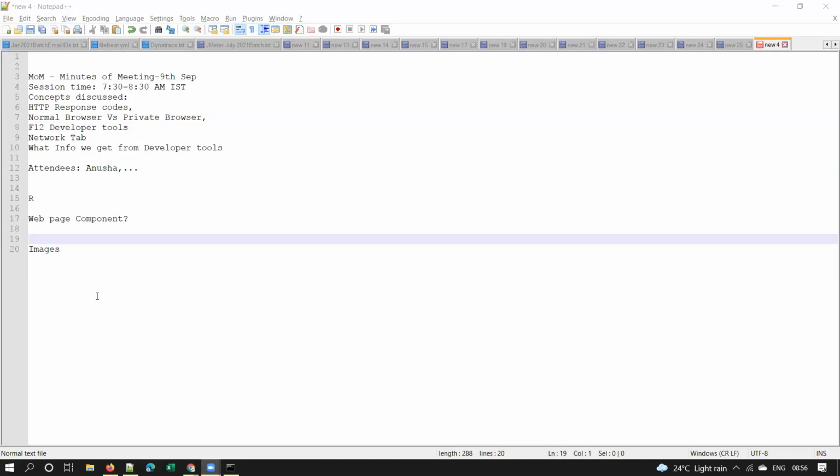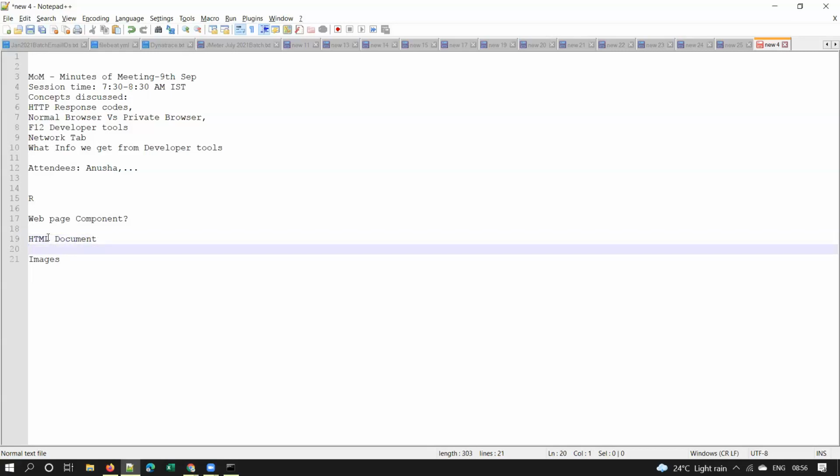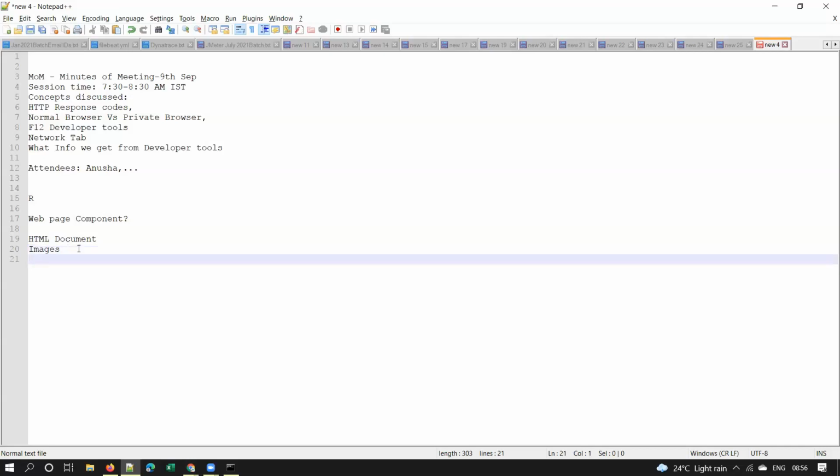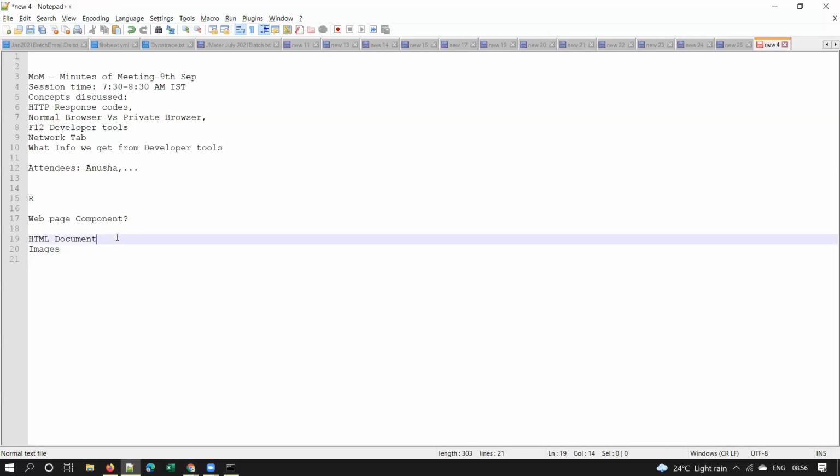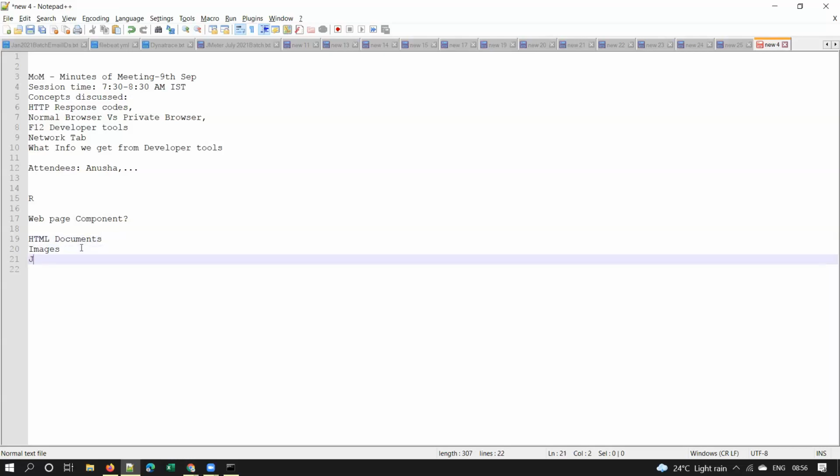Okay. So what are the web page components, guys? Title. Any web page consists of HTML document, not title. Okay. Frames. HTML document. What else? Frames. What is that? Frames, sir. Yeah. And of course, frames are made up of the HTML documents, right? And next, HTML documents, images, and what else? JavaScript files,